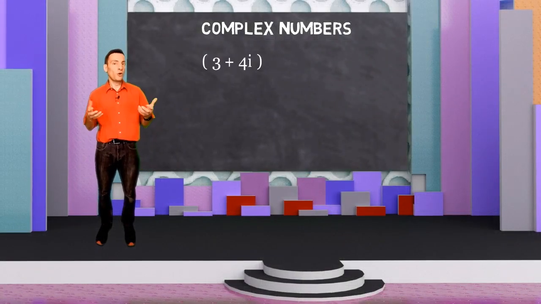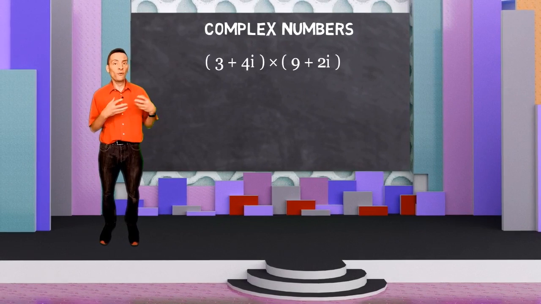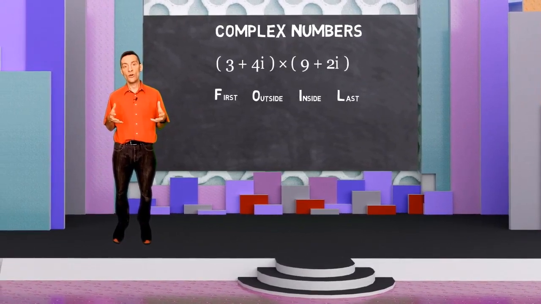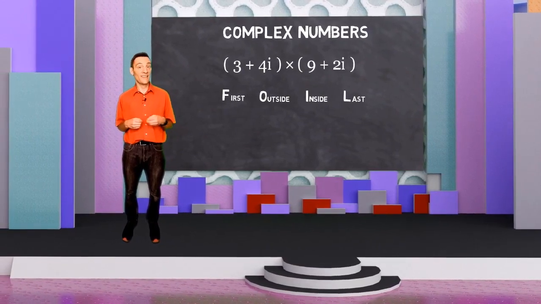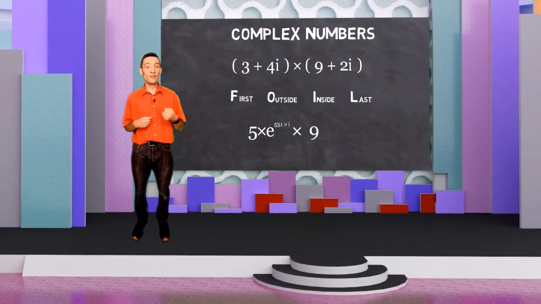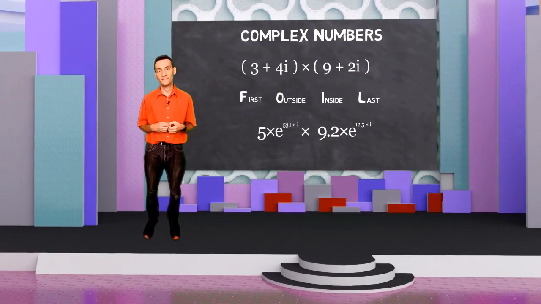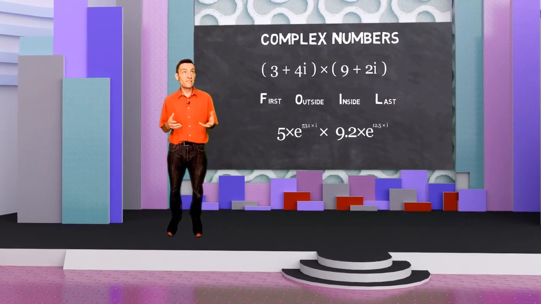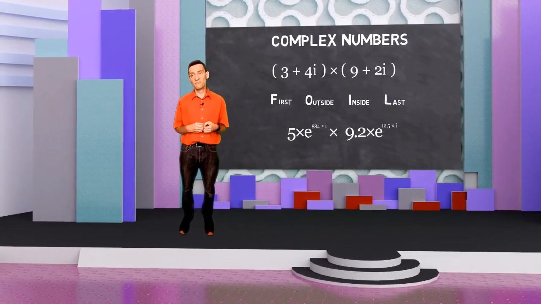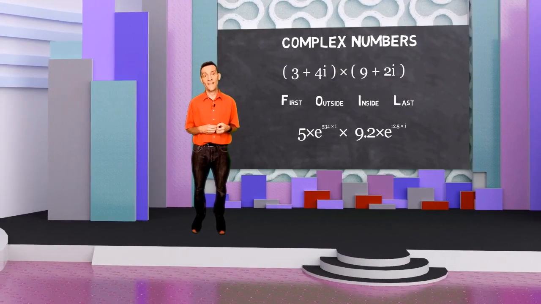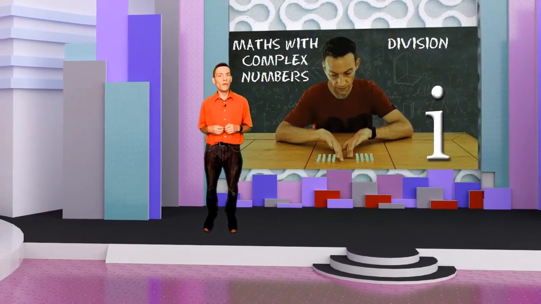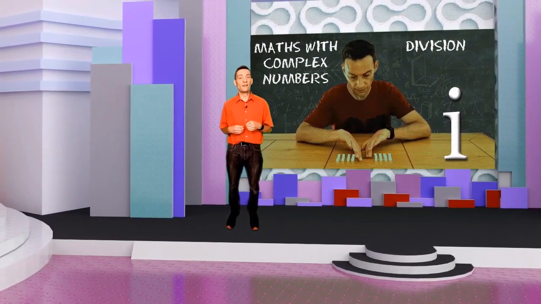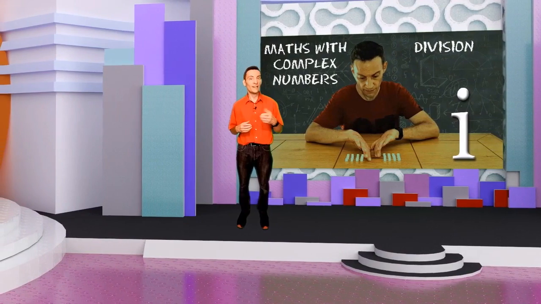So when multiplying two complex numbers, either we can use the FOIL method and treat the calculation as if we were multiplying out a set of brackets, or we can convert the two complex numbers to their exponential form and use the exponential product rule to find our answer. It's a bit of a debate which of the two methods is easier. Generally speaking, when I multiply two complex numbers, I like to use the FOIL method. However, in the next video, we're going to see how to divide two complex numbers, and it is then when the exponential form of a complex number really comes into its own.